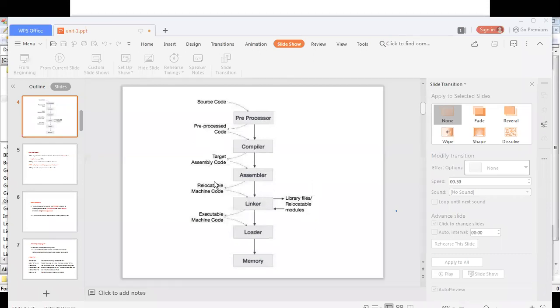Next, the linker will link all the object files with one another and form a single executable .exe file. This single exe file is loaded to main memory with the help of the loader. Is it clear, guys? What is happening in this process? Is it clear?